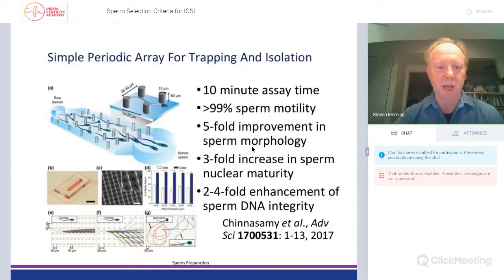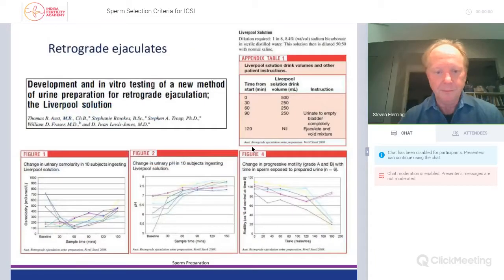And after 10 minutes, sperm that's managed to swim through this periodic array of barriers, they show a 5-fold improvement in sperm morphology, a 3-fold increase in sperm nuclear maturity, and a 2 to 4-fold enhancement of sperm DNA integrity. And some of the latest studies are suggesting that this method is even more effective than density gradient centrifugation. So there are a number of methods that are available to us for maybe better selecting the best quality sperm